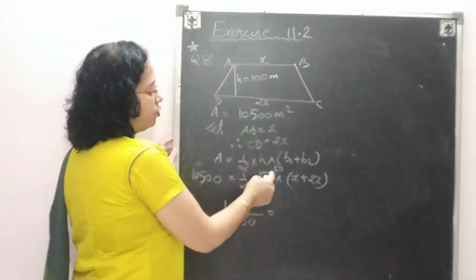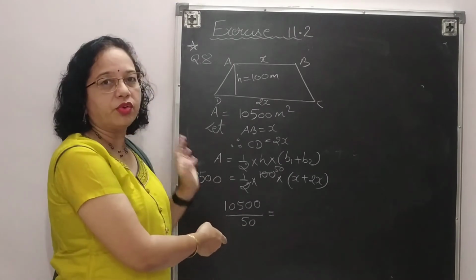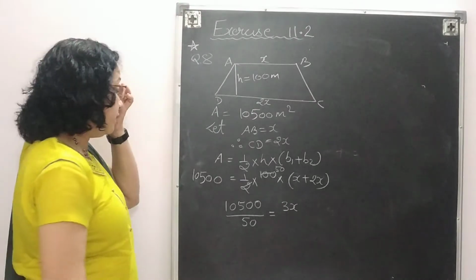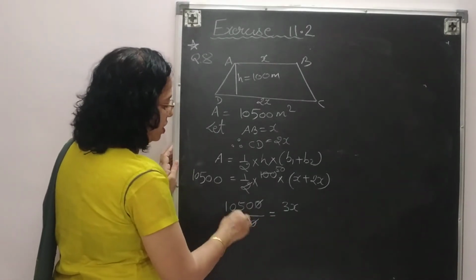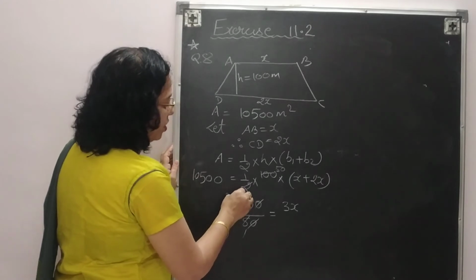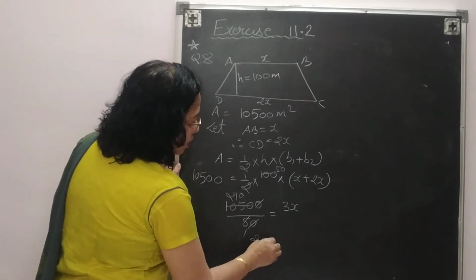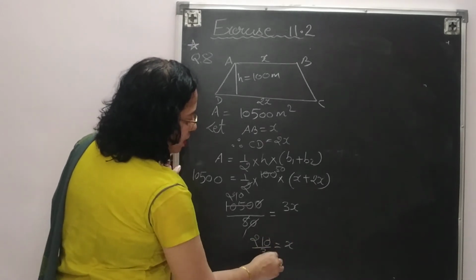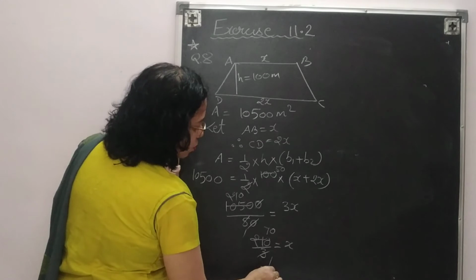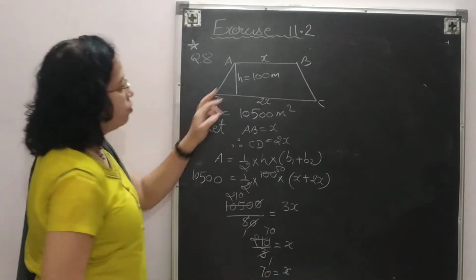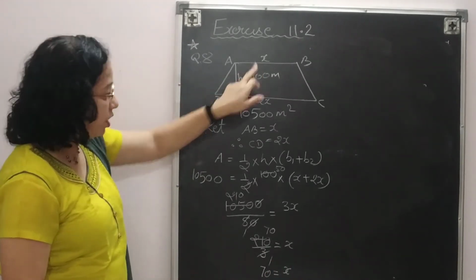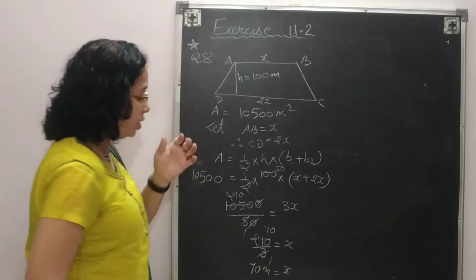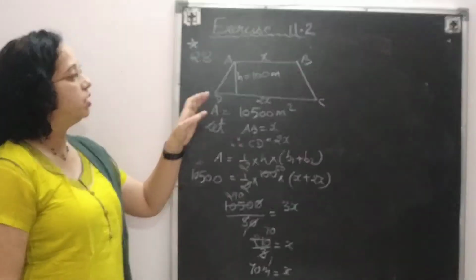Now I have cut the number, 50 is in multiplication, so on the left hand side the 50 will come in division. In bracket you will get 3x, x plus 2x will be 3x. You can cut the numbers again, 5 1s are 5, 5 2s are 10, 5 1s are 5, and this 210. So next step, this 3 is in multiplication, so 3 will come in division. Again you can cut the number, 3 7s are 21, so x is equal to 70. So what is the length? Length is given 70 meter. Whenever units are given, writing the unit is compulsory. You are supposed to find the length of the trapezium.